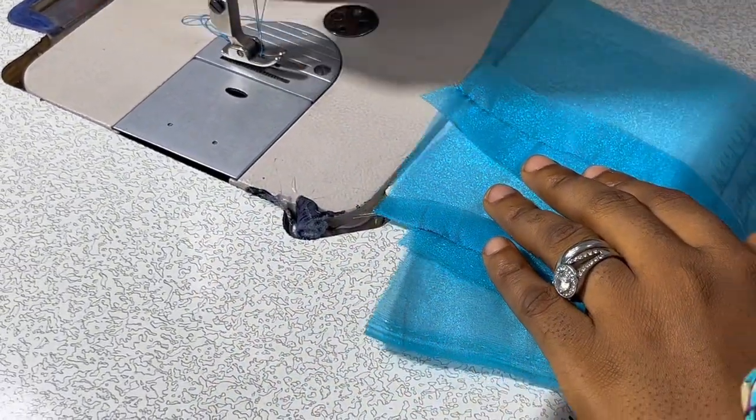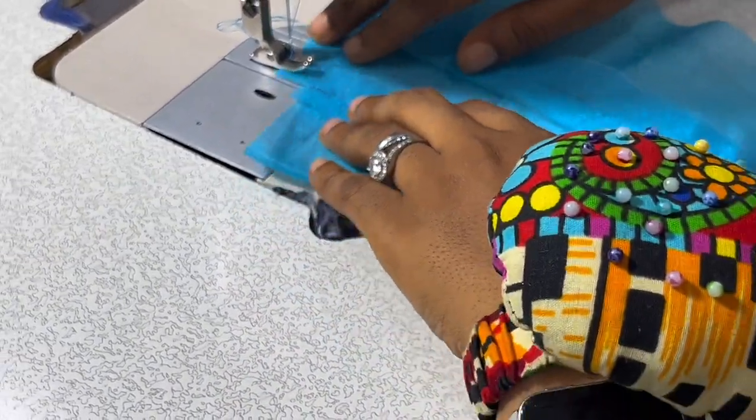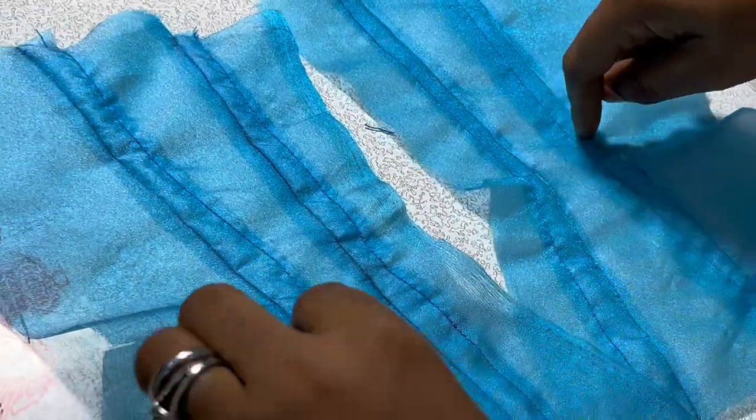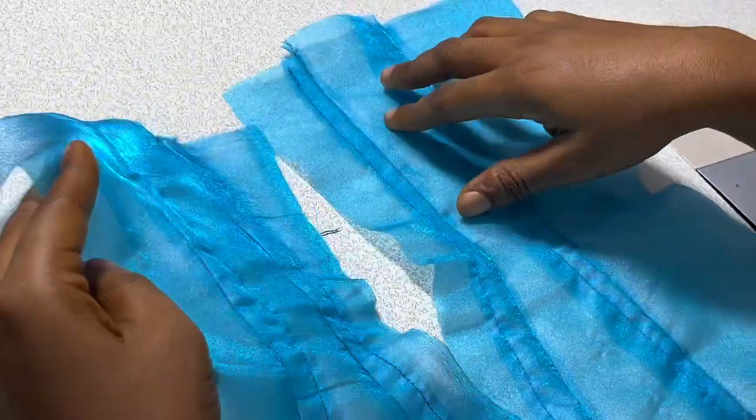Okay, so this is it, the back piece now, the two channels. Now the next